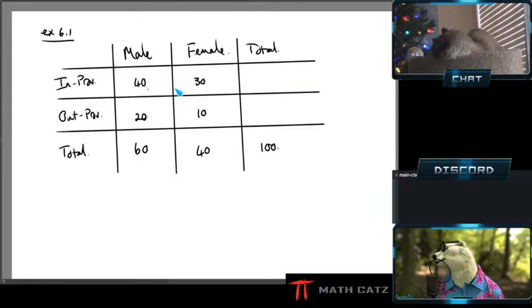Now I can also total up the in-province as 70, out of province as 30, and check that they still give me 100, one way or the other. So there's my table. All the information is extracted very nicely. None of those messy words to hide information.